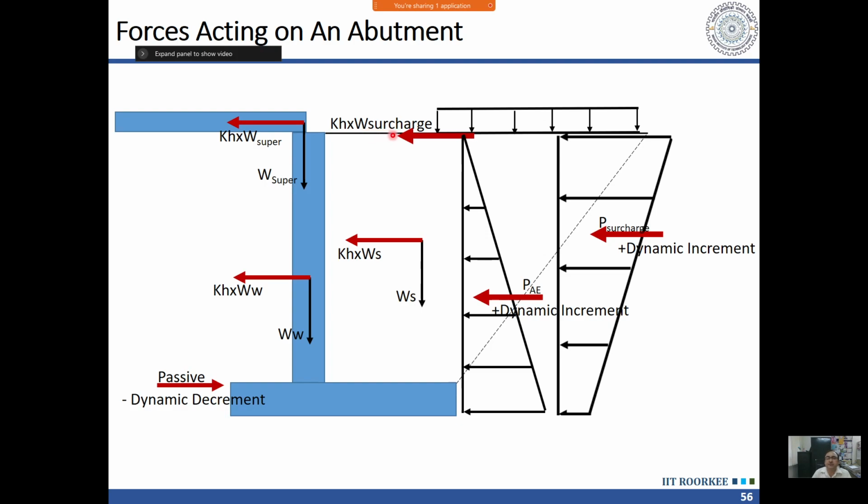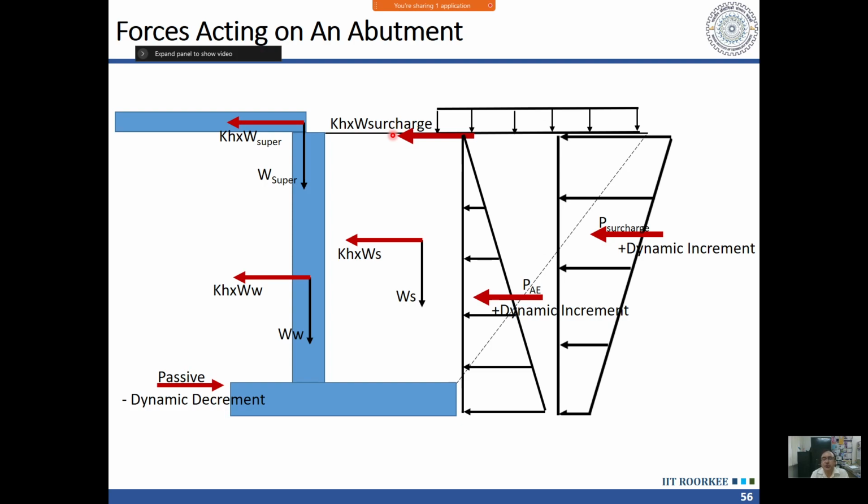So if we use that, the acceleration which we are expecting at the top, which we can consider as the acceleration or the EPGA which will occur on the soil surface. So if we take that Z, half of that we use in the Mononobe equation, that will give us the displacement of the order of 8 inches when this wall will be subjected to the design earthquake force. So that's how it is done. So the value of AH used in design of abutments and retaining walls should be equal to Z/2 into I.